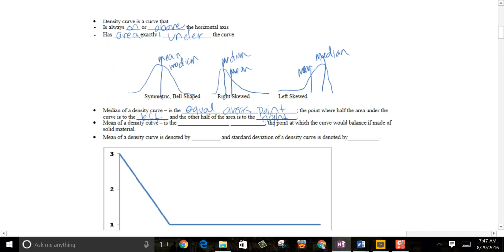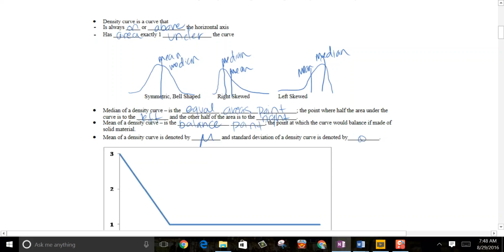The mean of the density curve is called the balance point. It's the point at which the curve would balance if it was made of solid material. The mean of the density curve is denoted by mu. That's the population mean, and the standard deviation of a density curve is denoted by the lowercase sigma,